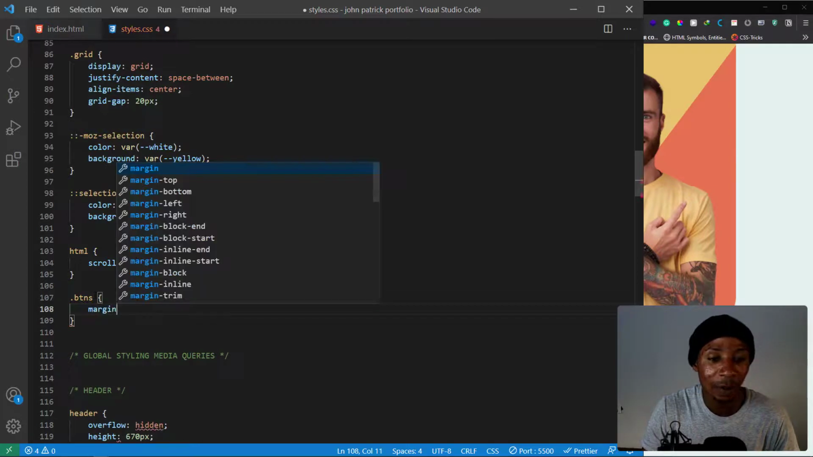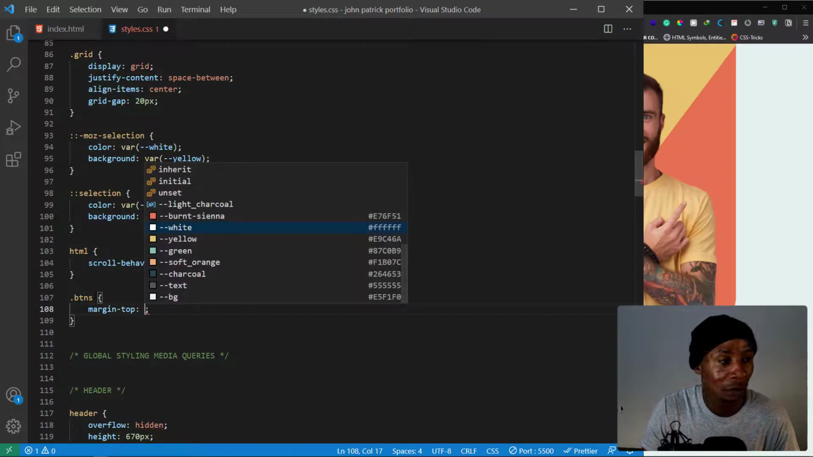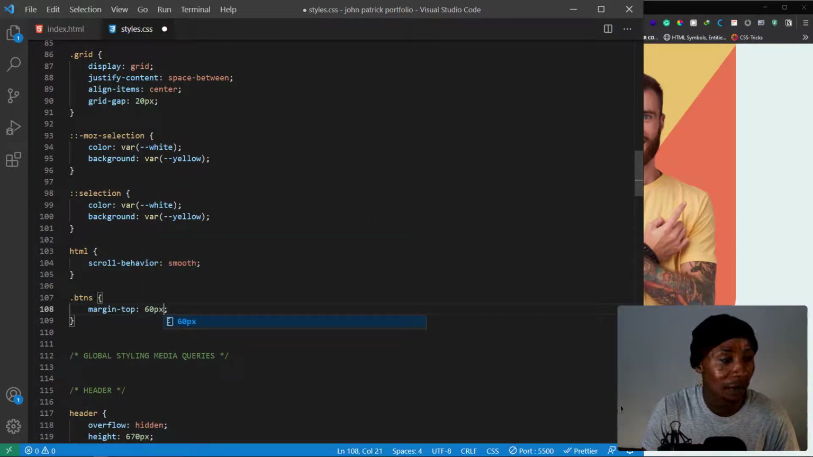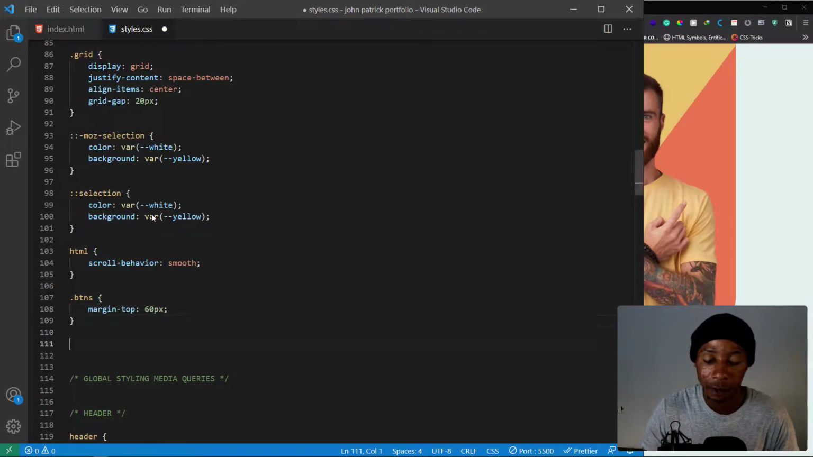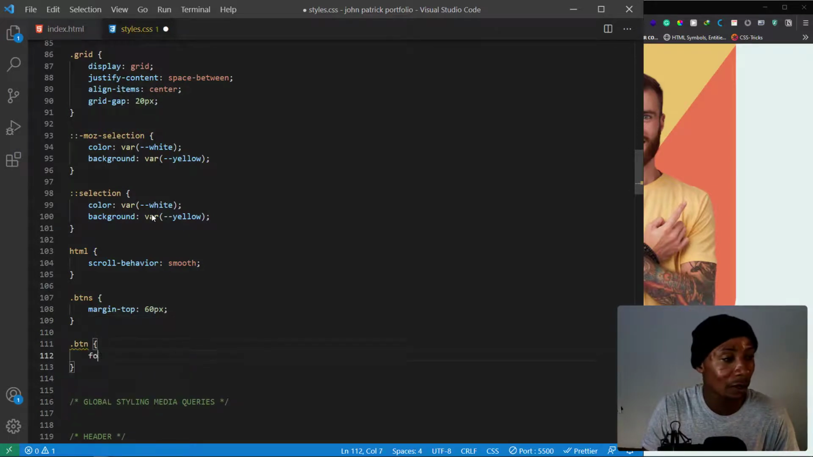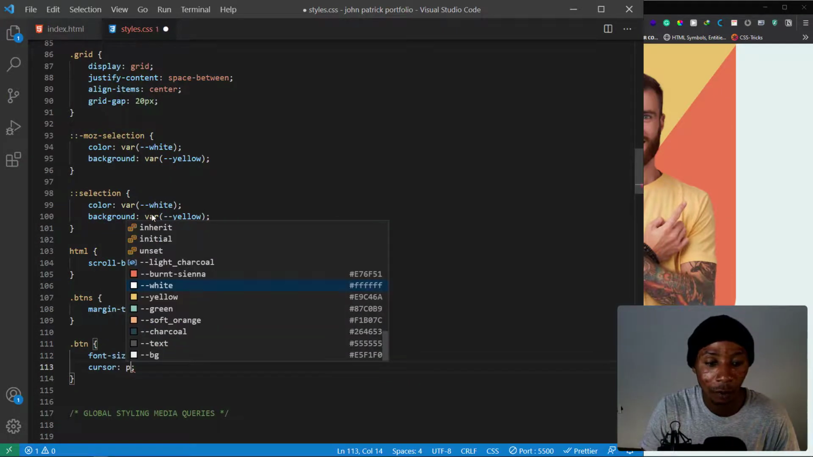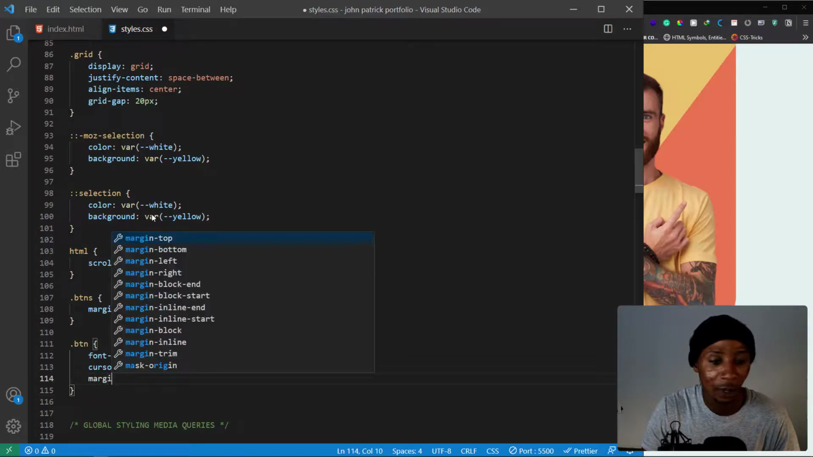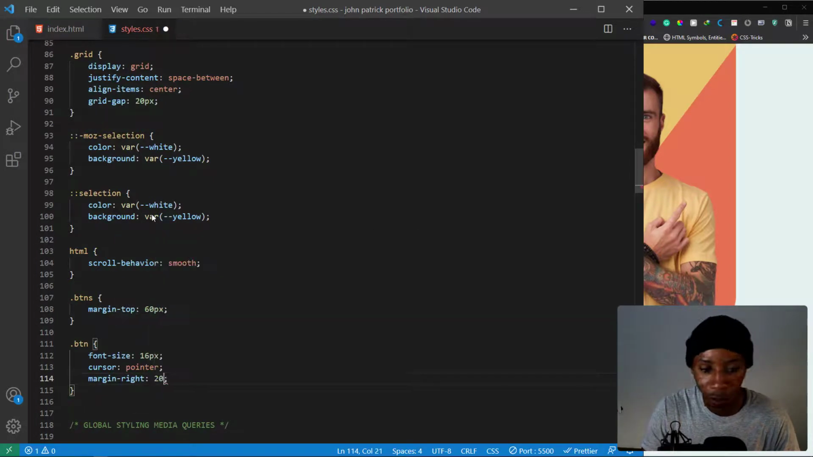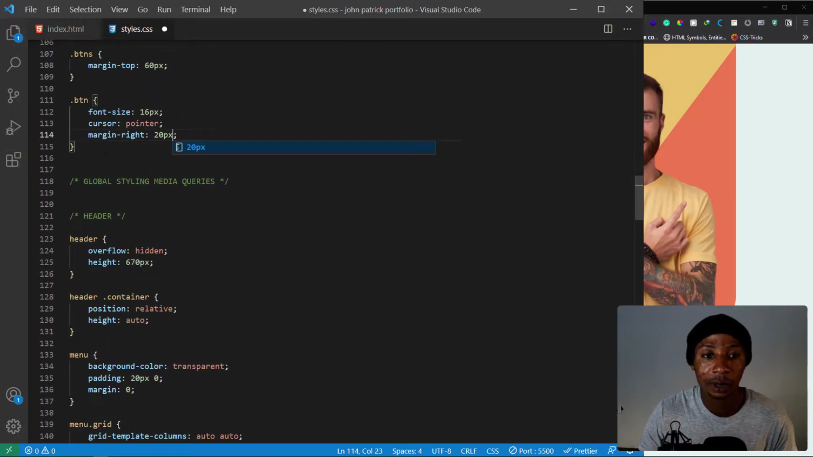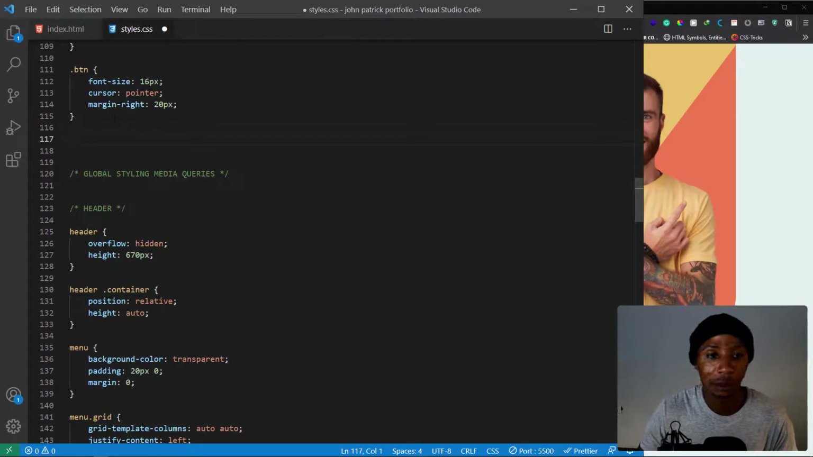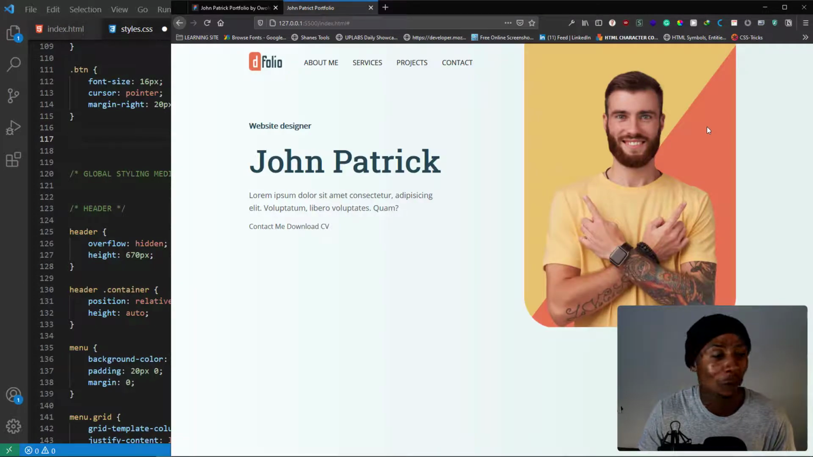So I want that to be margin top 60 pixels. So let's start the button itself. So that will be .btn. The font size, I want that to be 16 pixels. Cursor, pointer, and margin right, I want that to be 20 pixels. And let me shift this to the top, and then we want to start the